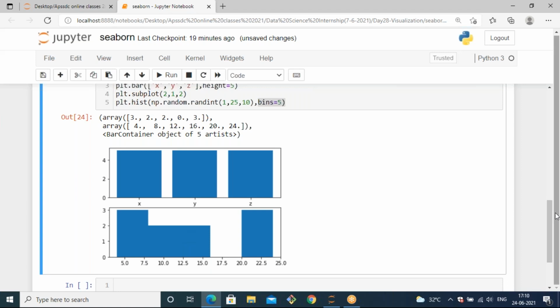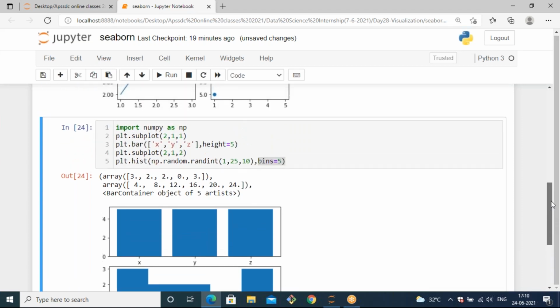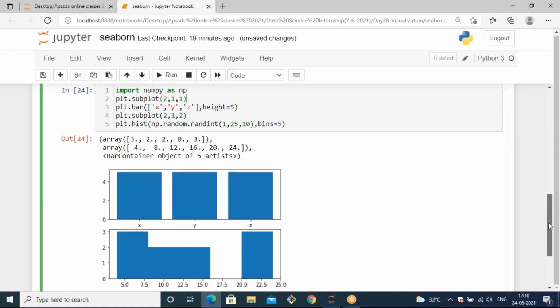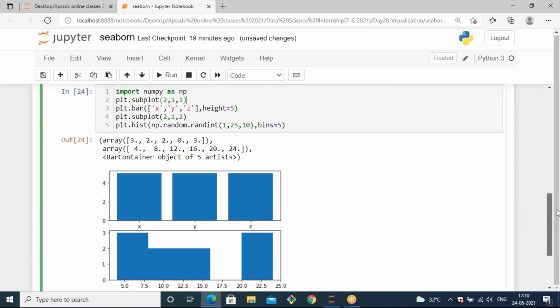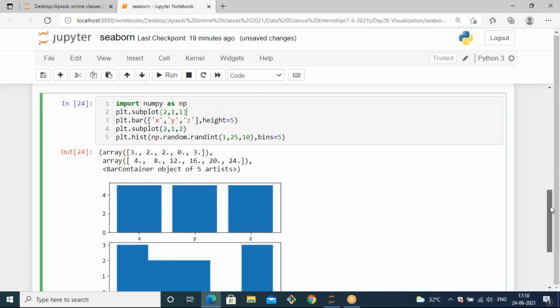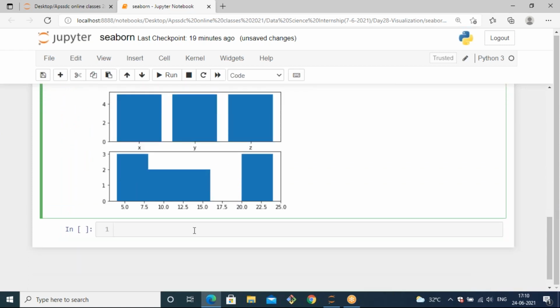Okay, like this, you can generate subplots based on your application. When you use subplot, it will generate a single plot only. But sometimes if you want to generate one or more subplots, you can use subplots as a method. Let's see so that you can understand the difference between subplot as well as subplots. So if I want to generate a subplot,